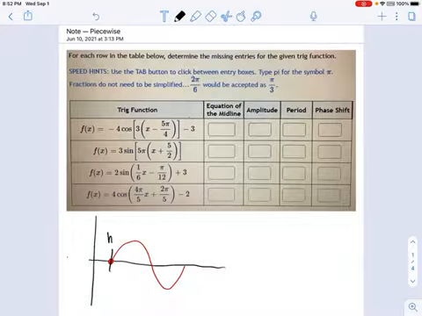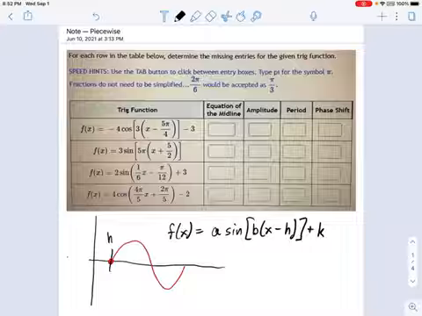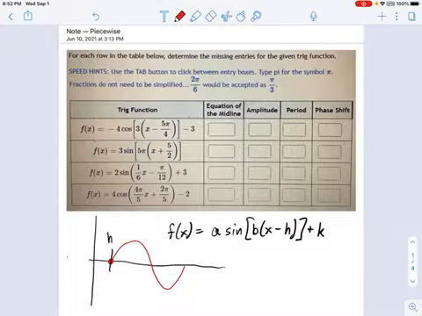Okay, so the way that turns up in an equation is you get something like this. We've written this general form of our equation before. You have the amplitude, A, you have a sine function, and then you have our horizontal scaling factor, B, then you have, in parentheses, x minus h right there. We haven't really dealt with that h until now. Now it's time to deal with non-zero h's. And you can see, if you look at this table here, we've got a bunch of non-zero h's. So let's work through what these mean.